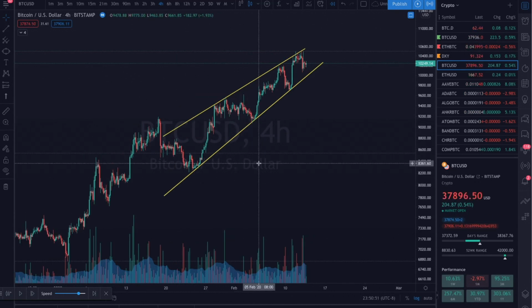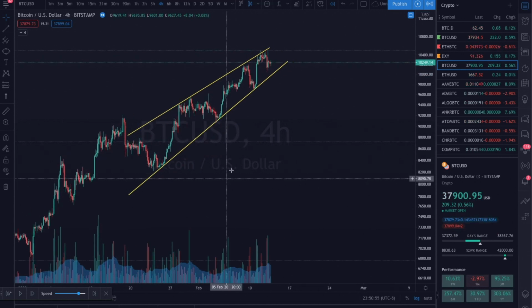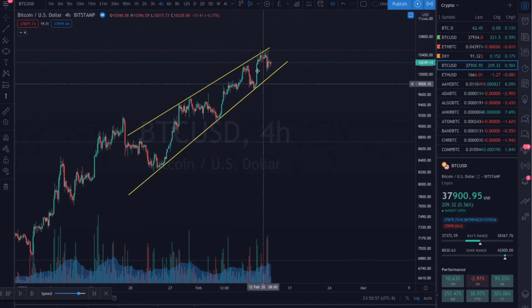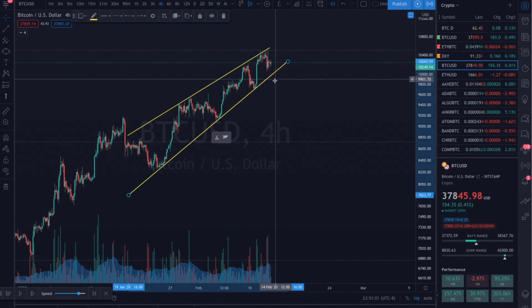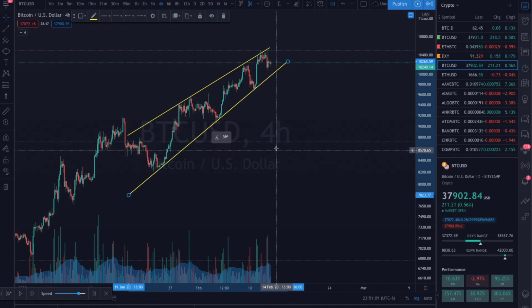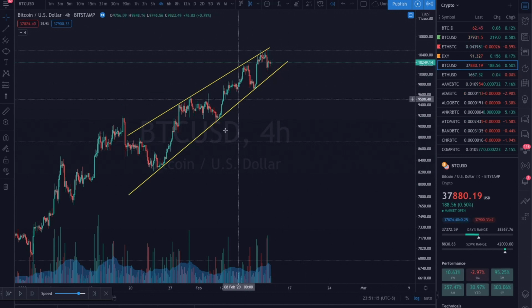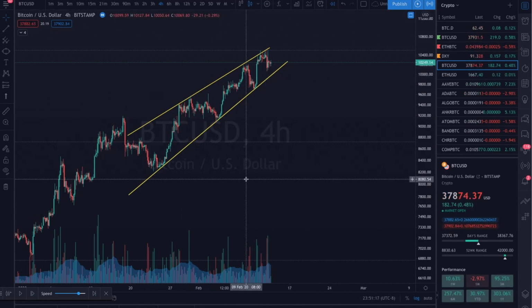So some confirmations that we are looking for in a rising wedge are once we get the breakout or the break and close below the lower support trend line. Again, we are looking for that volume confirmation. So instead of a large green spike here, we will be looking for a large red spike, letting us know that the price action is breaking below this support trend line, and we are likely headed down towards our measured